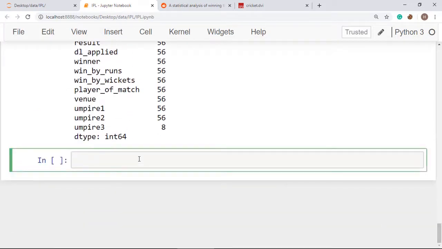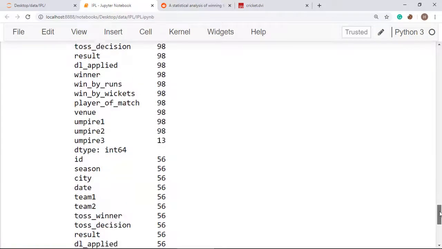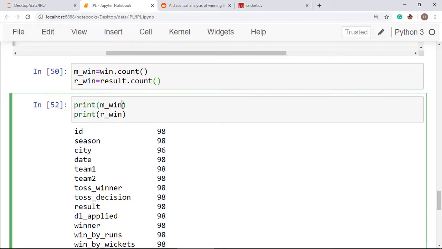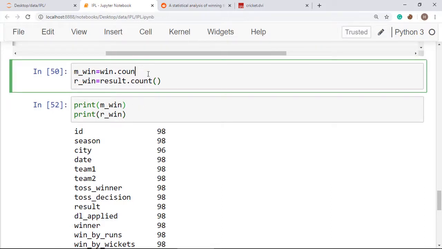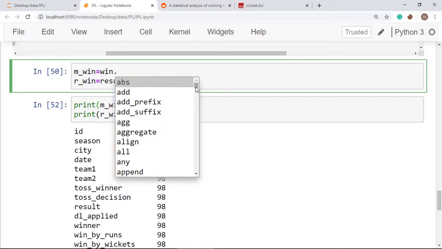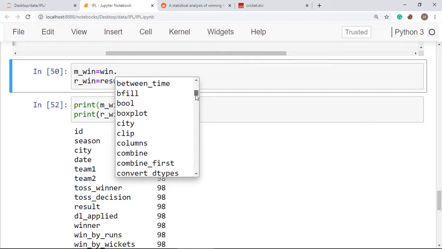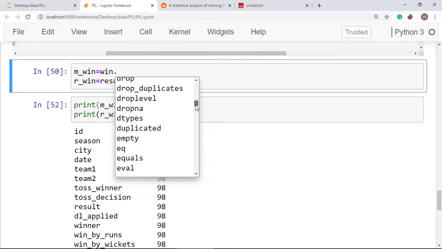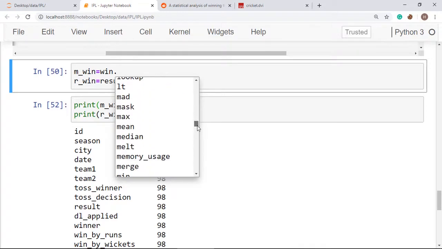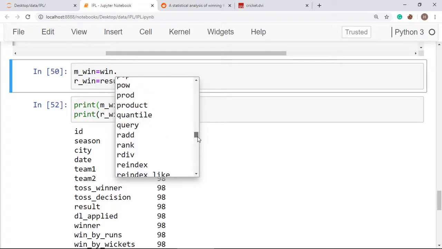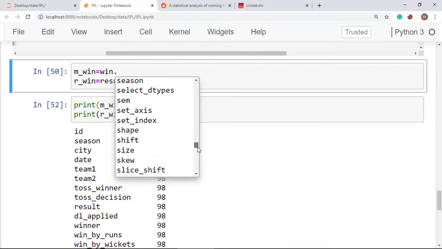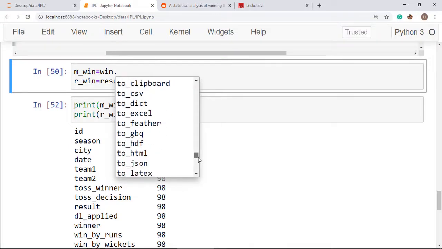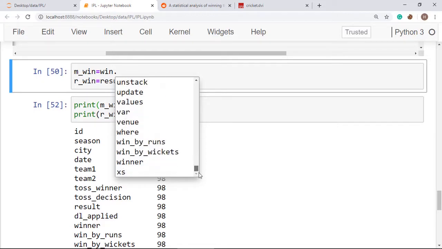So what we have got, we can fetch the things here. We can also count the number of rows. So for that, we can use bin dot and just hit tab. You will be getting all the things here. You can use aggregate, align, add, and in this way you can use all these things here. Okay, we don't need to do these things. All right, I'm just showing you how to get these things.